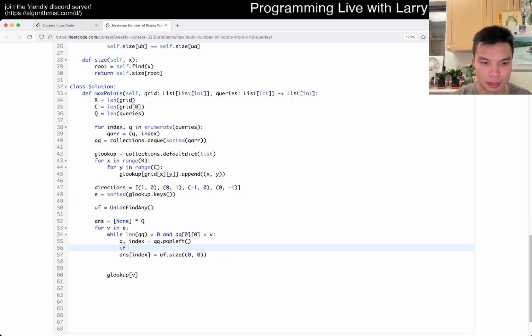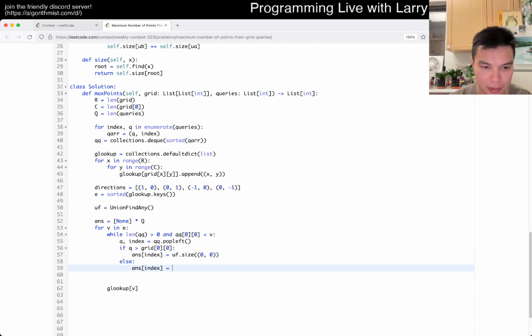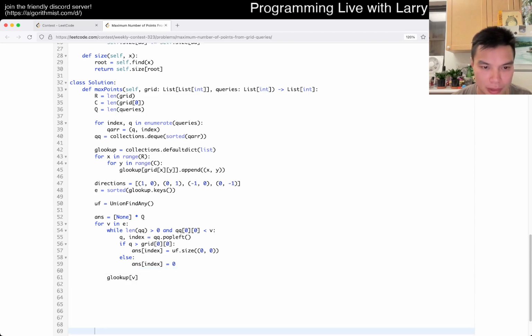If grid of 0 0 is, if Q is greater than 0 0, then we do it, otherwise then it's just 0, which is also kind of really a bit weird, but it's fine. Okay, I think that part is good. Otherwise,